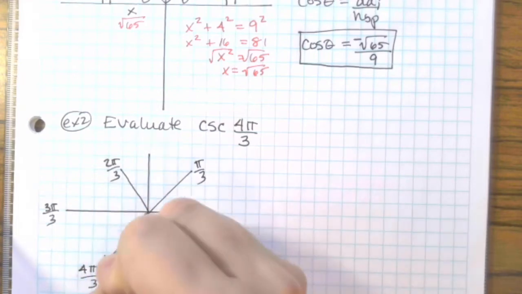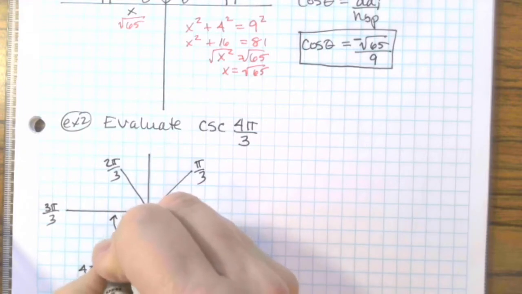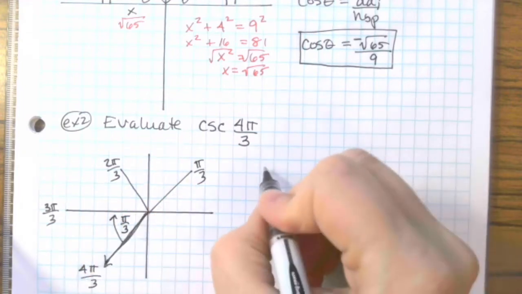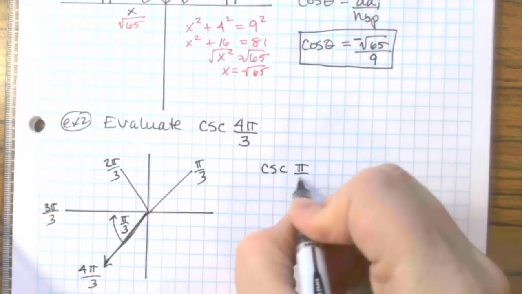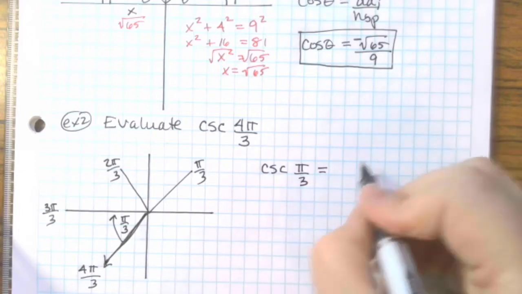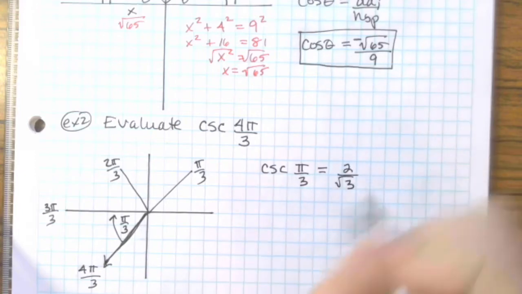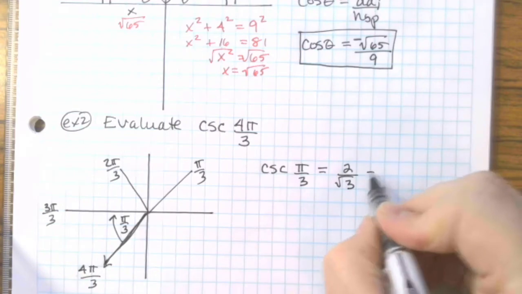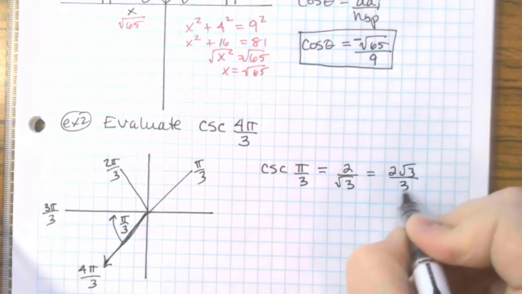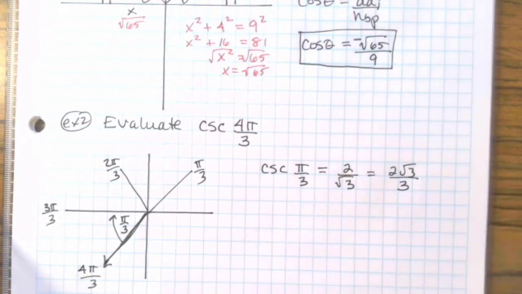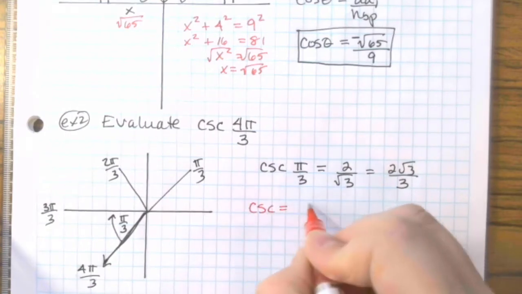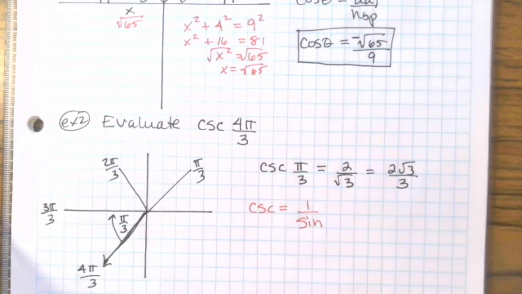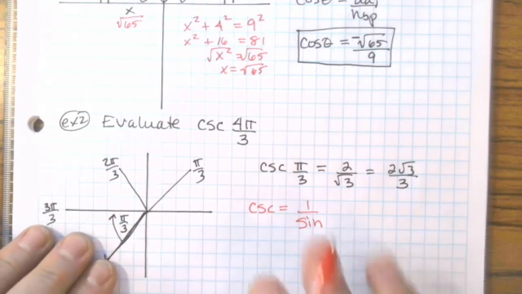Which means that your reference angle to the nearest x-axis is pi over 3. So cosecant of pi over 3 is 2 over radical 3, and when you rationalize, it's 2 radical 3 over 3. That's your base angle. So now we need to figure out the sign on it, whether it's positive or negative. So remember that cosecant is 1 over sine. So whatever the sign is on sine,